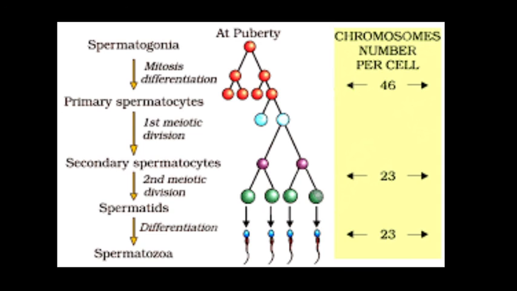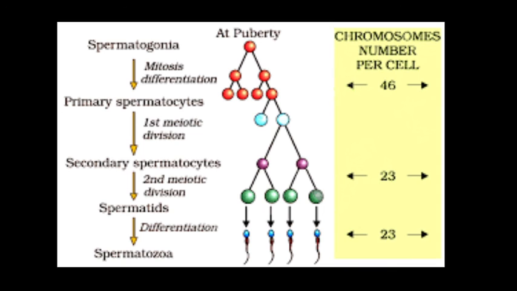The secondary spermatocytes are haploid cells arising from the primary spermatocytes as a result of meiosis I, and they contain 23 chromosomes. The spermatids are haploid cells that arise from the secondary spermatocytes as a result of meiosis II, and they contain 23 chromosomes. Spermiogenesis is the process by which spermatids mature to form spermatozoa, and spermiation is the process by which mature spermatozoa are released from the seminiferous tubules.